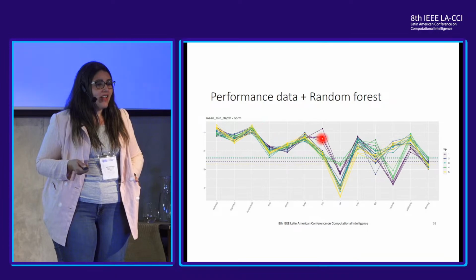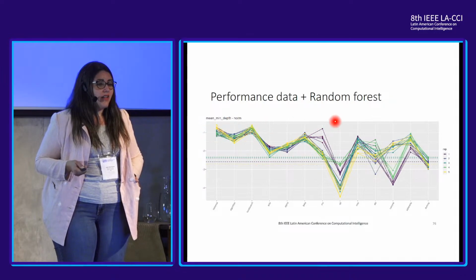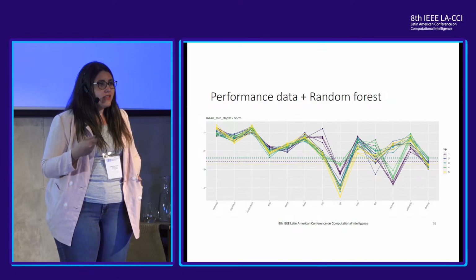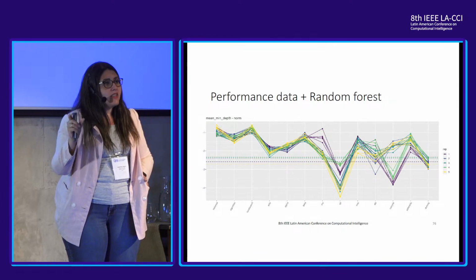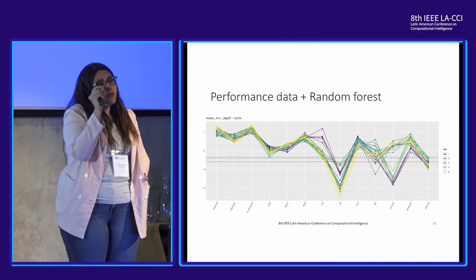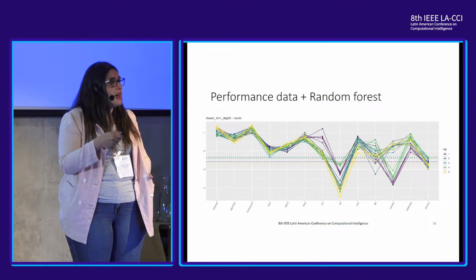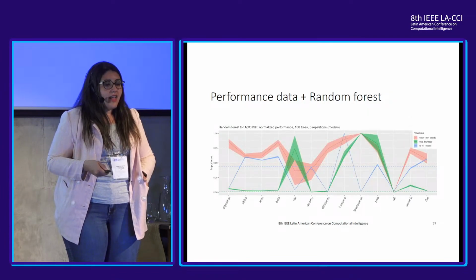It changes a lot, right? And some variables are chosen to be used rather early, and this is the case of local search, but also the case of instances here, and some other ones. So this is showing us a different way of assessing importance, I think. Somehow a different classification of importance. And this depends on how the domain is affecting the performance of the algorithm, right? If I need to set just one value, or if I need to set a range of values. And the random forest model is able to pick up on this really well because it is made for this, right? So we can assess this, and then we can plot these kinds of things and start understanding